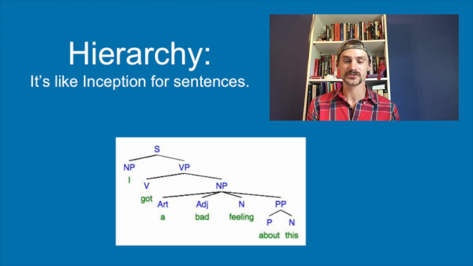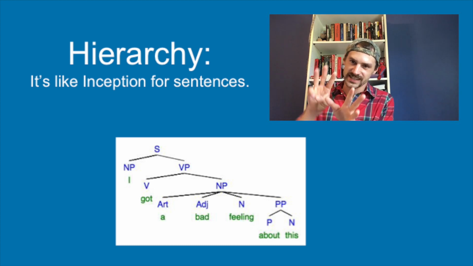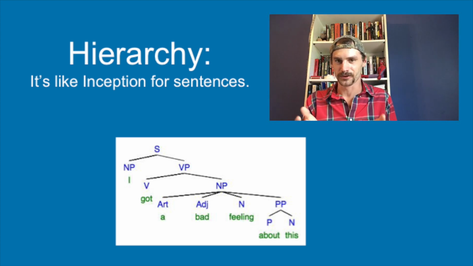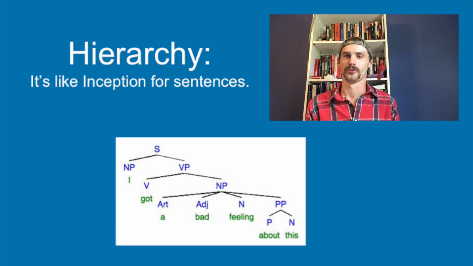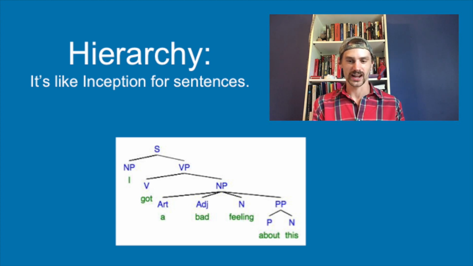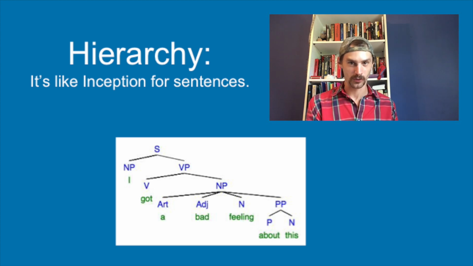This type of diagram is really important for the study of syntax, and it's called a tree diagram. I guess because all the little lines kind of look like tree branches turned upside down. Or maybe it's supposed to represent the roots of a tree? I don't know, but we call it a tree diagram for some reason. And believe it or not, this is actually a very oversimplified version of a tree diagram. Real syntacticians would take this a lot deeper and make it way more complex.